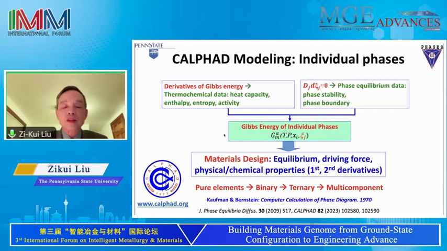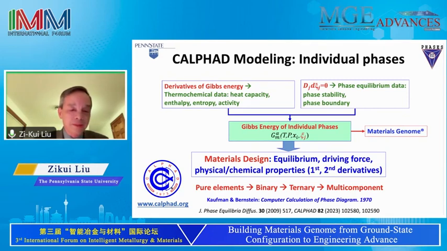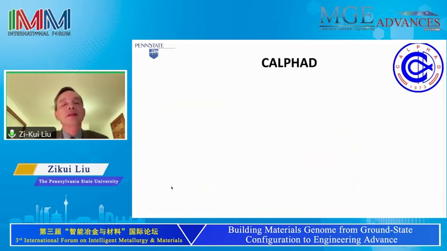So when I saw this more than 20 years ago, actually I started in 73, so it's 50 years now, I realized that these are the materials genome, because these properties of these phases dictate the property of interface of the materials. Okay, so if we can control them, if we can manipulate them, if we can revise them, then we can change the property of materials. And if we know them, we can do design of materials.